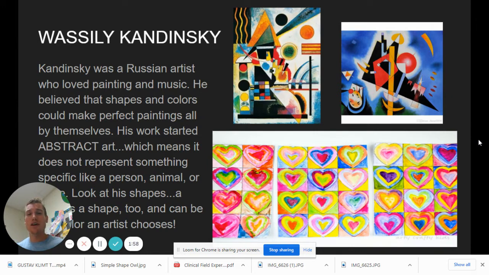He just used shapes, and he would actually listen to music and then kind of paint or draw what he felt from the music. So he'd kind of be drawing and painting beats and rhythms in that music. And you know what? You can make hearts of any color that you choose, because that's kind of how he felt with his art. Shapes can be any size, any color, any texture. And if you're looking back at Jim Dine, is he abstract as well? Yeah, it would be kind of abstract, because actually that's not how the human heart actually looks. It's just a symbol created to represent the heart. So there you go.